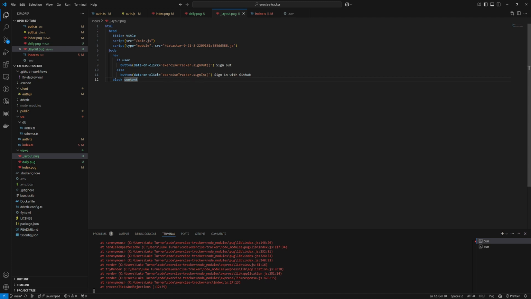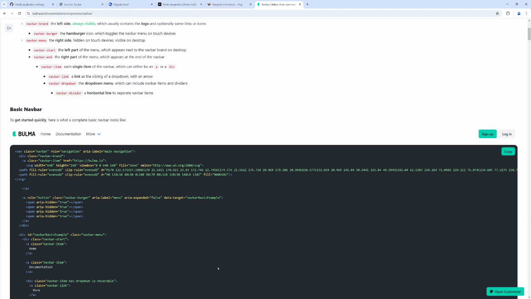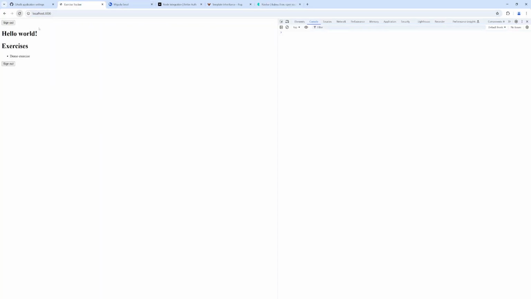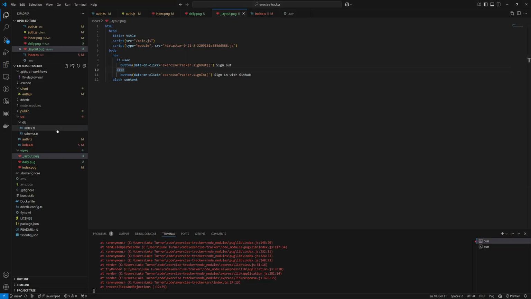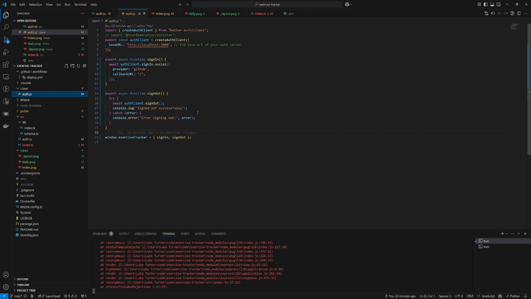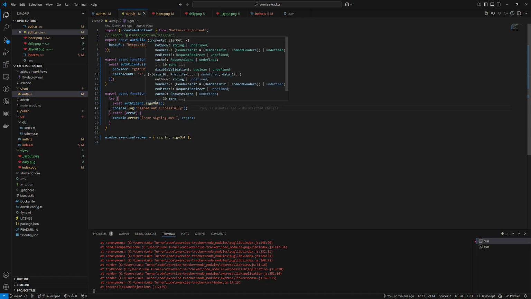So that's why we have our nav here actually in the layout. This is going to show up on every page. And I'm going to actually get rid of the "with GitHub" part of sign in. Well, no, I'll leave that. It's nice to be explicit about what people are doing when they click on it. So now if we refresh the page here, we've got sign out. And if you click that, I'm actually going to fix this redirect issue. So when this sign out happens,